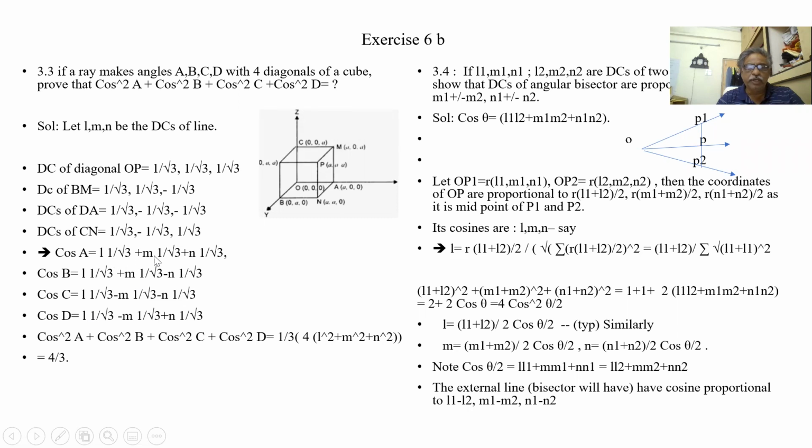Now, 2AB, 2BC, 2CA. Here we have minus 2CA, minus 2CB, so they get cancelled. Here minus 2AB, here minus 2CA is plus 2BC. Like that, the 2AB terms get cancelled. So what is left out is 4 by 3. Okay, so what are we learning in this? We are learning how to find direction cosines. This is written assuming this is the x-axis, this is the y-axis, this is the z-axis.